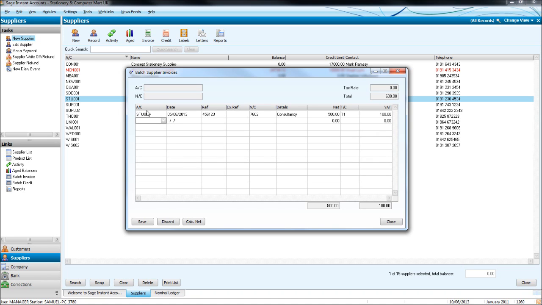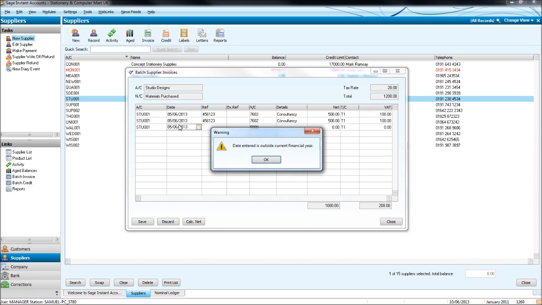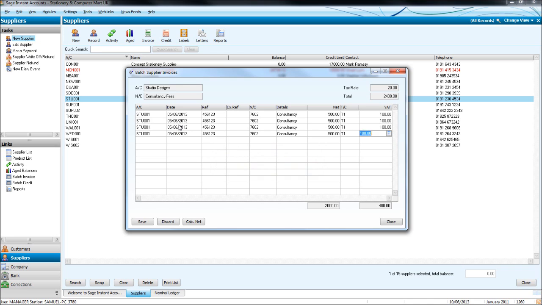If we have another invoice for Studio Designs, if we click the F6 button, it will copy the box above the box you're currently on. So if the data is the same, also click F6. And if I just click F6, I can copy boxes that are above, like so. Now we may have a supplier, we may have a number of invoices we want to put on at one time. If I just delete these by clicking F8,